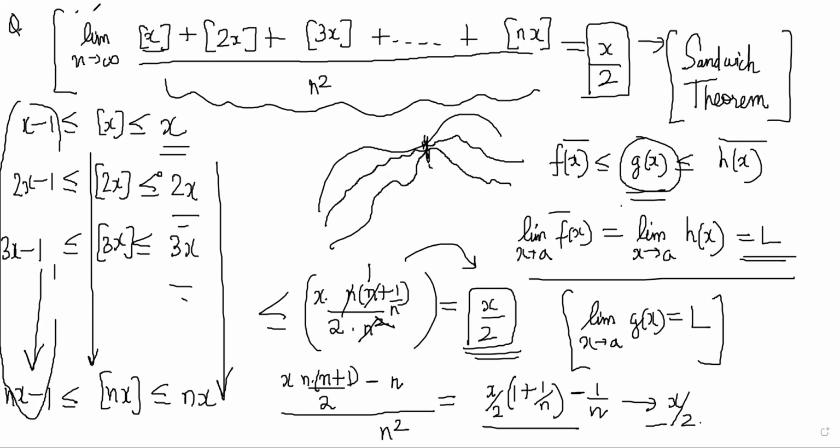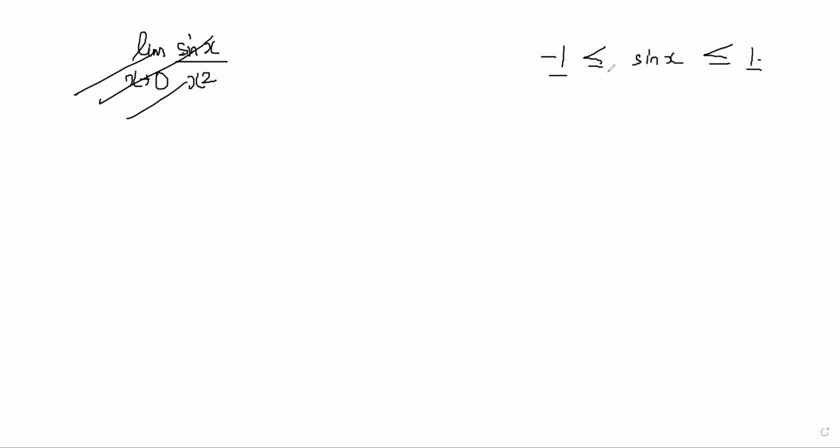So you have to be aware of how to use it. Whenever you see GIF and all, you should remember this example. There are some other examples also. You had to prove something like sine x by x square, what is the limit as x tends to 0? Something like this. I don't remember exactly. Some other examples we had done, but you basically have to use this identity.